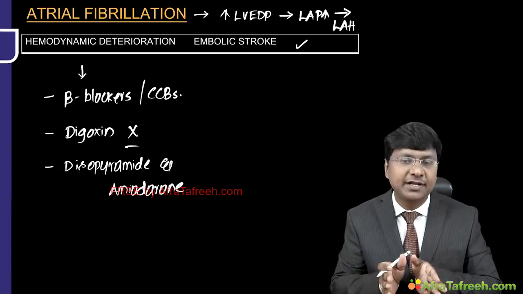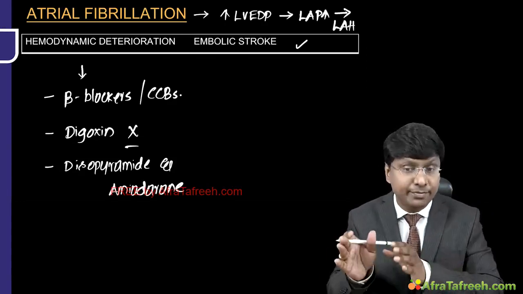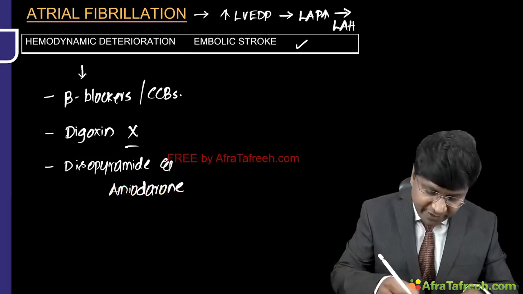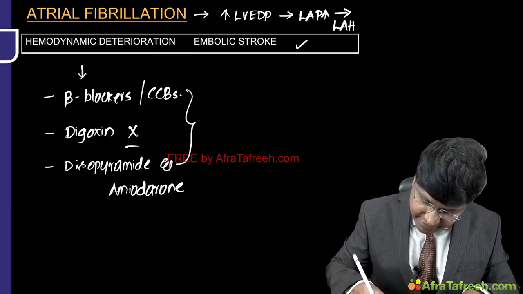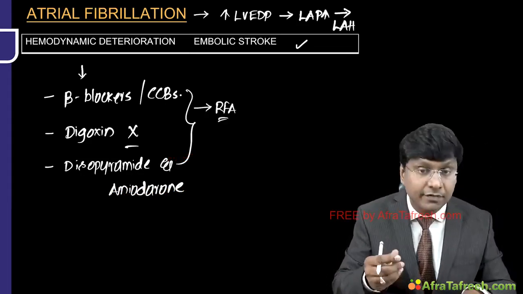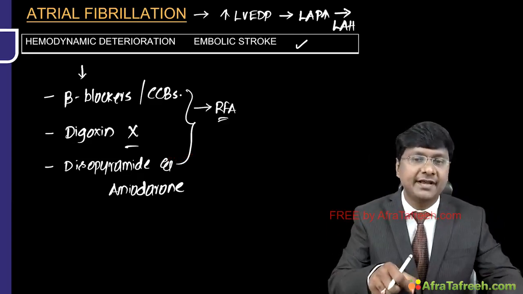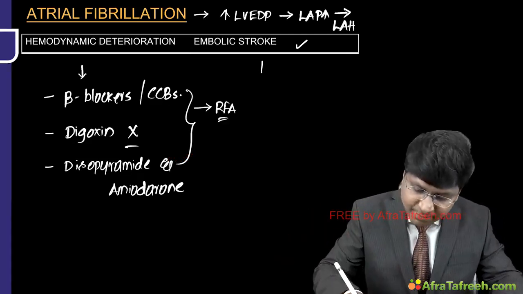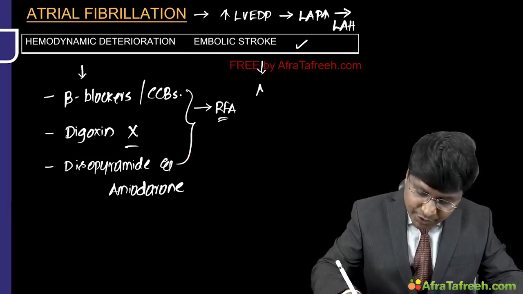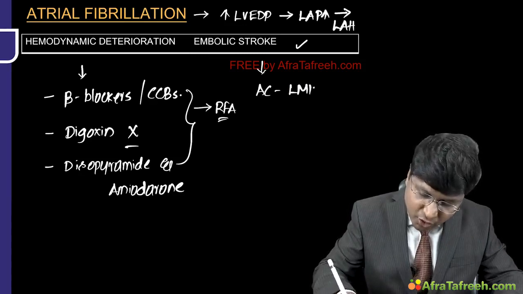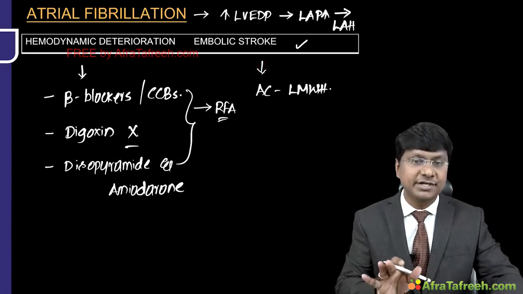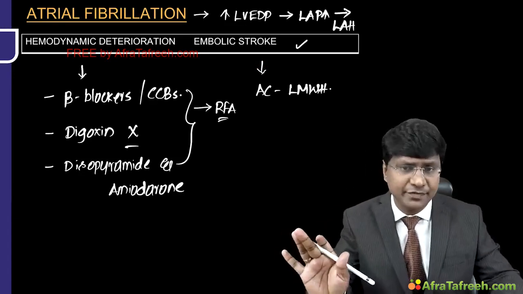And if this atrial fibrillation is refractory to medical management, that is the point when you need to consider radio frequency ablation. If the individual is refractory, then radio frequency ablation of that arrhythmogenic focus within the atria has to be done. And next, in atrial fibrillation there is a chance of embolic stroke, for which you need to give an anticoagulant, that is low molecular weight heparin. So that is how you need to approach atrial fibrillation in case of hypertrophic cardiomyopathy.